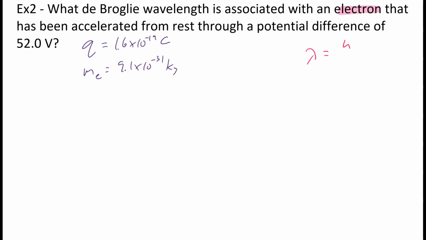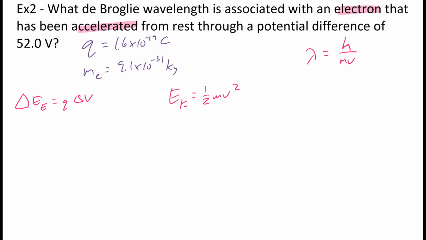So wavelength is equal to h over mv. Now the first thing you're going to notice in this case is we don't know the speed. Well, why is it moving? It's being accelerated. So if we're accelerating it from rest, that means it's got energy. In order to have energy, and it's moving energy, we know it's kinetic energy. Unfortunately, we don't know what that kinetic energy is, but it does come from a change in electrical energy, which